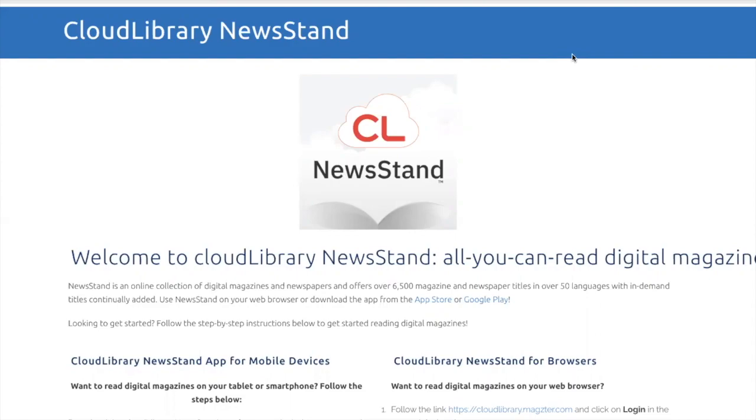Today we're going to discover one of our newest electronic resources, CloudLibrary NewsStand. CloudLibrary NewsStand offers simultaneous access to over 6,500 magazine and newspaper titles in over 60 languages that you can read right away with just your library card. There are no holds on these titles or due dates, so you can access them right from your NewsStand